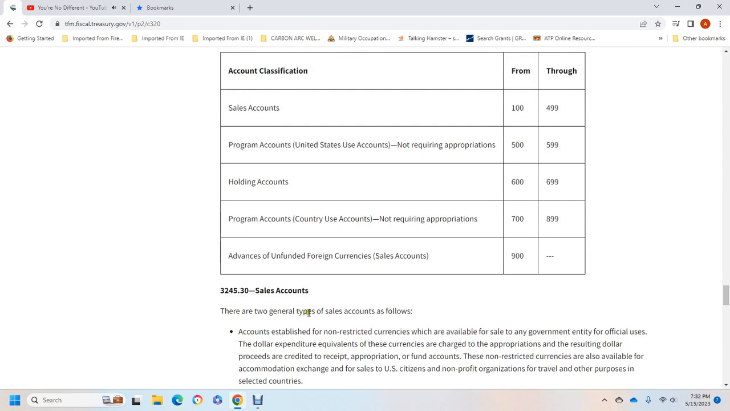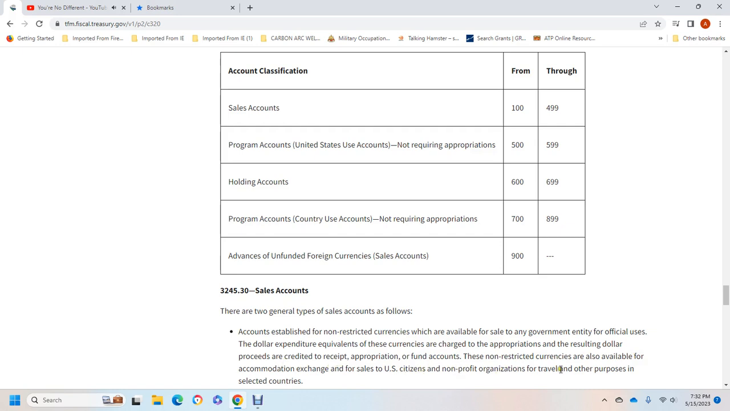324530 Sales Accounts. 2 general types of the sales accounts are filed. The accounts established non-restricted currency, which are available to sale with any of the government entity officials, either these expended dollar expenditure equivalent currency under charge with the operation. The resulting dollar proceeds are credited with the receipt of the operation funds account with the non-restricted currency, but is also available for the accommodation exchange with the sale of the